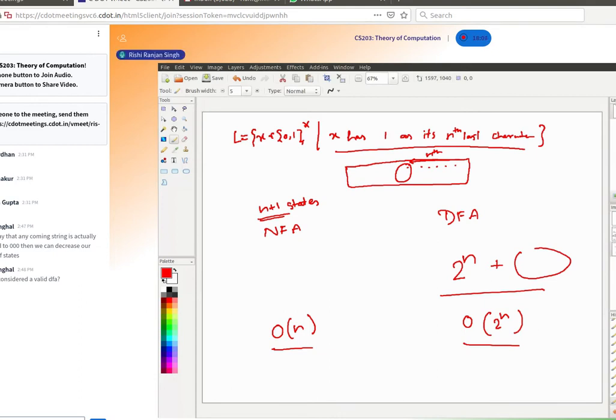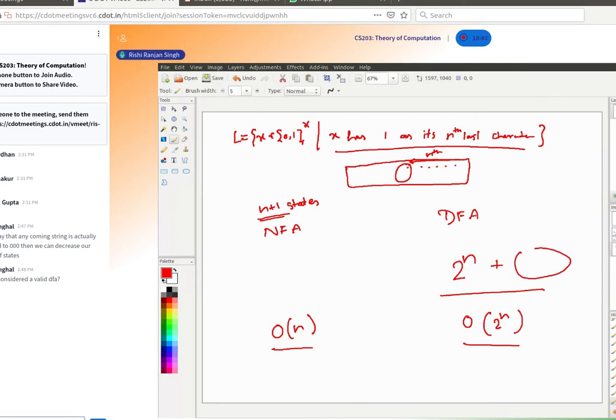Hi Amol, your question is if we can assume that any coming string is actually appended with 000. Certainly, with the assumptions you can design the logic part. So that is the part where you assume something that okay, we are starting with at least 3 length string. So then you can start with 000 or something like that, and you say that okay, in the beginning you are coming. So that kind of consideration can be done for the starting part. But the logic is something you cannot assume, right?